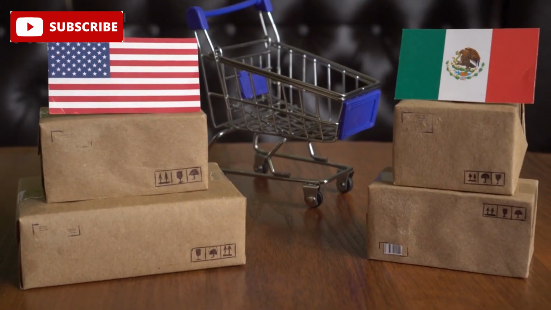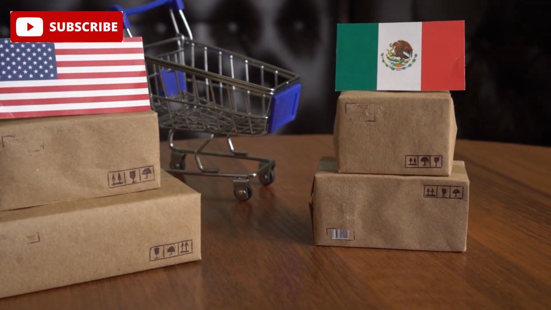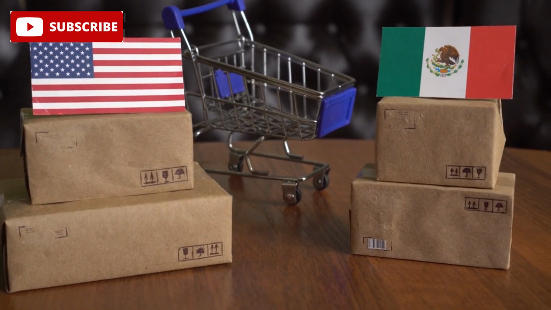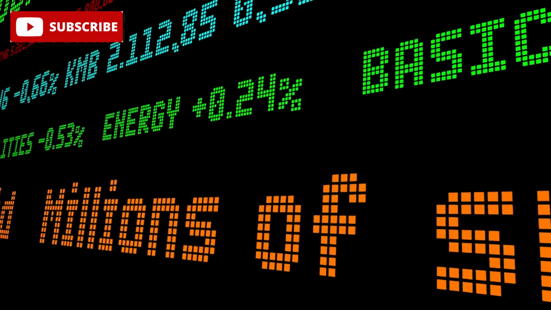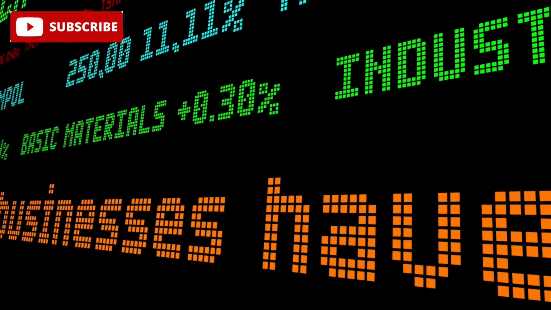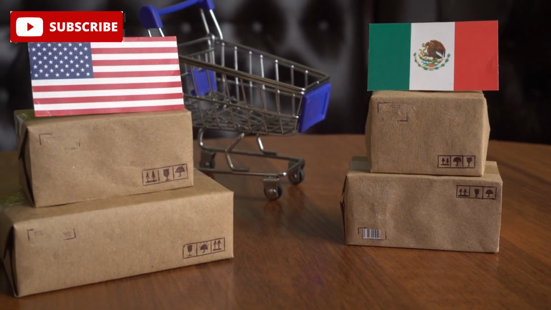China's retaliatory tariffs severely impacted American farmers, particularly soybean exporters, whose sales to China plummeted as Beijing turned to alternative suppliers like Brazil. The U.S. government provided over $28 billion in aid to farmers between 2018 and 2020 to offset these losses. Economically, studies showed that U.S. consumers and businesses bore much of the tariff costs.